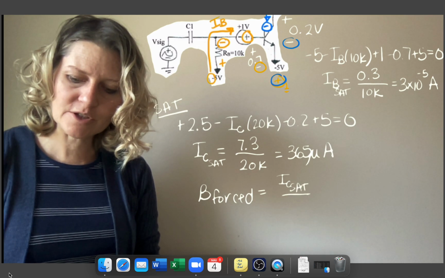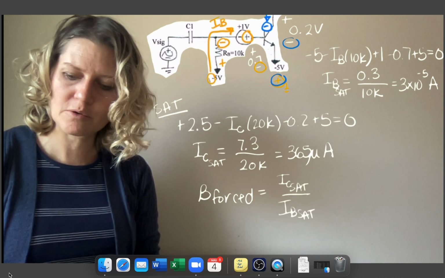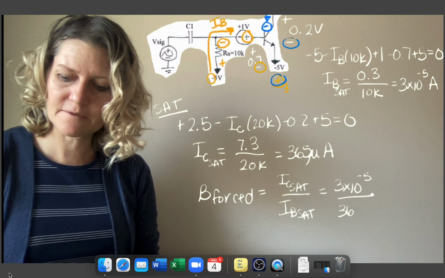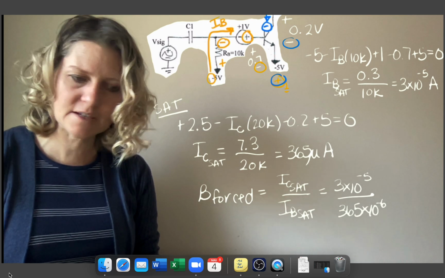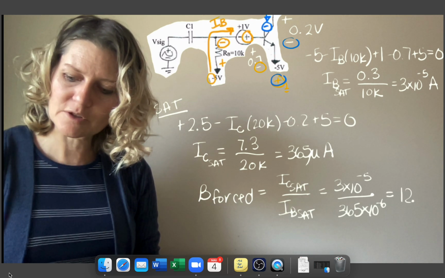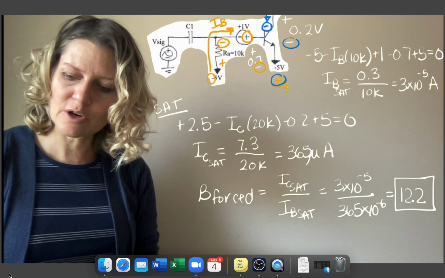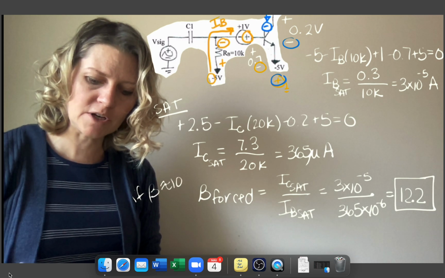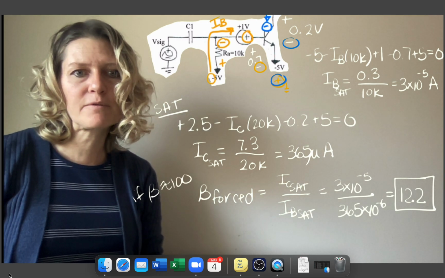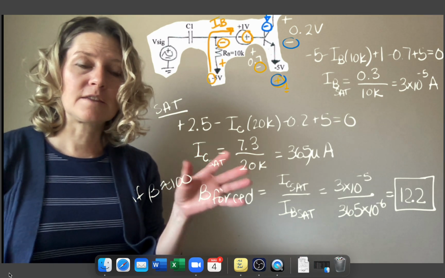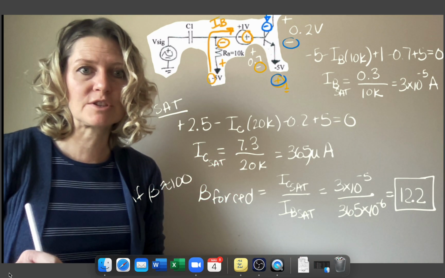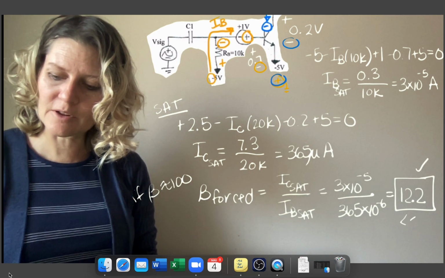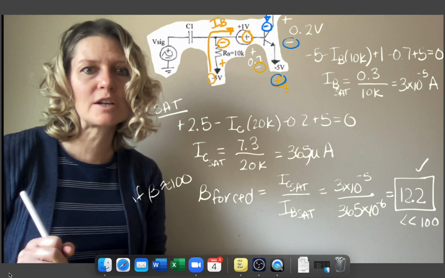So IC saturation over IB saturation, so 3 times 10 to the minus 5th, all over 365 micro, which is 10 to the minus 6, and I get 12.2. So this ratio, if our beta is typically around 100, we can see that beta forced needs to be a lot less than that 100 in order for it to be in the saturation region. So this definitely proves that this value is a lot less than 100,